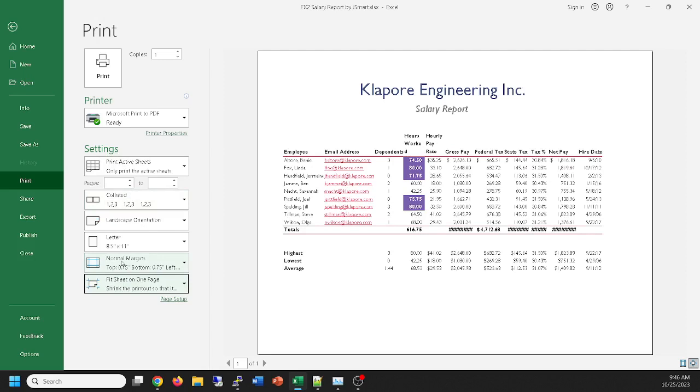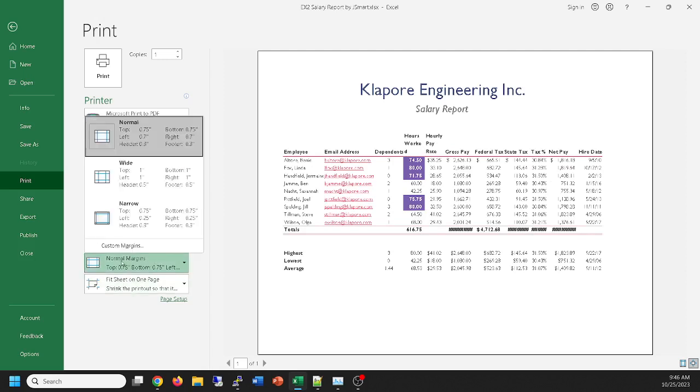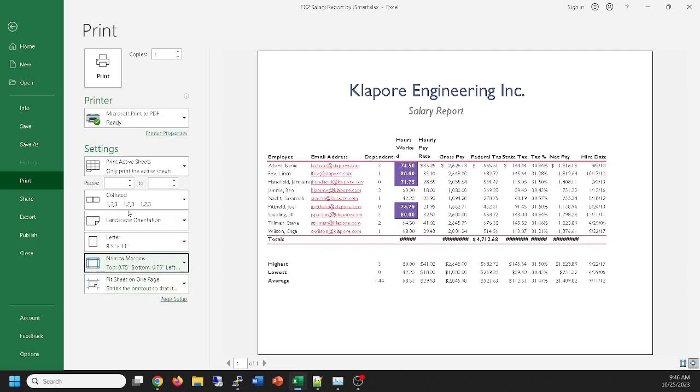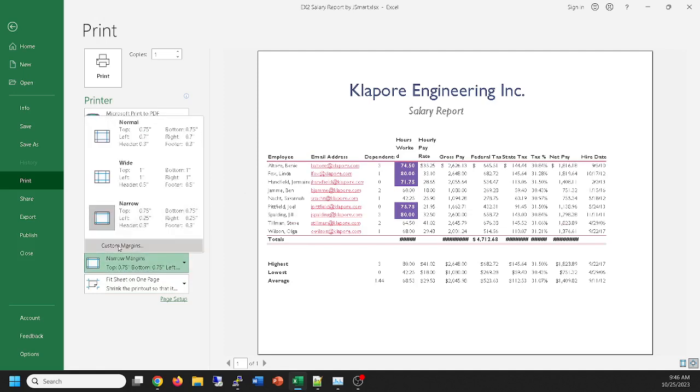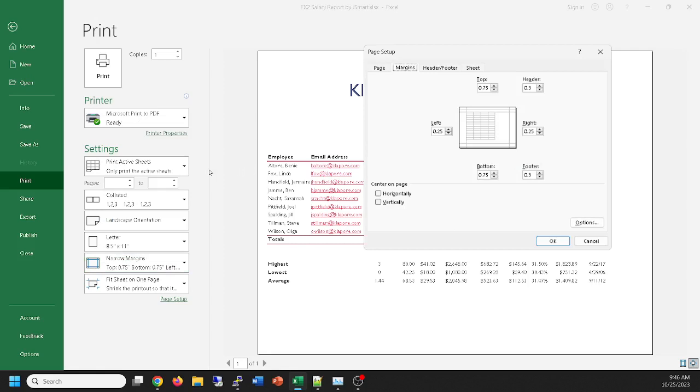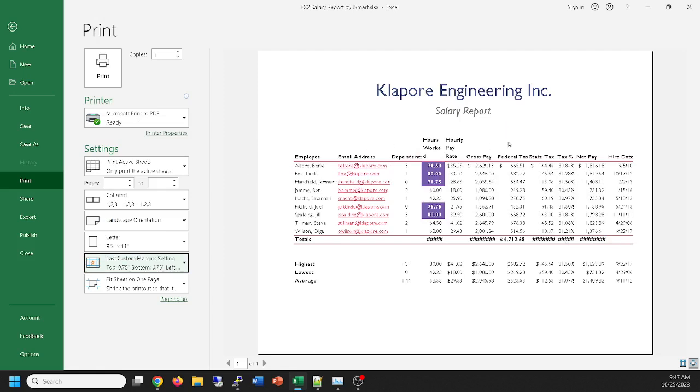And you can also adjust your margins. Often people make narrow margins, but that's your own choice, and you can even customize your margins if you wanted. Don't like that pushing up against the left side? You can increase your left margin a little bit